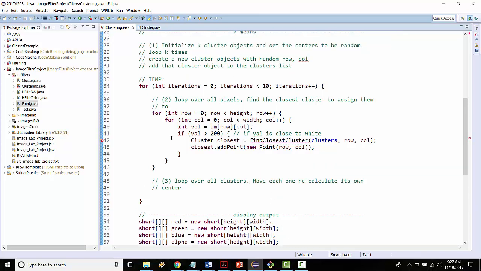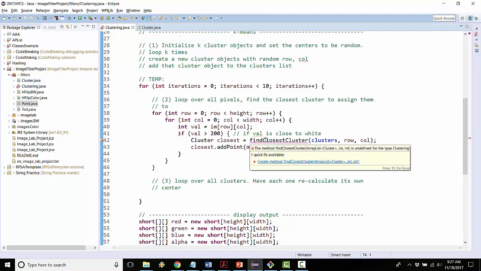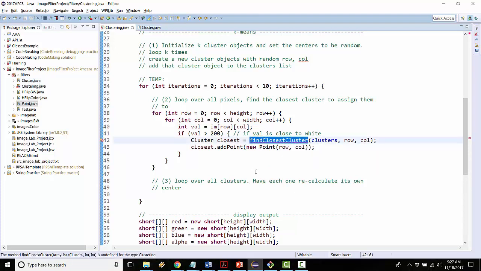So for homework tonight, you should finish the cluster class, and if you want to, you can start trying to write this find closest